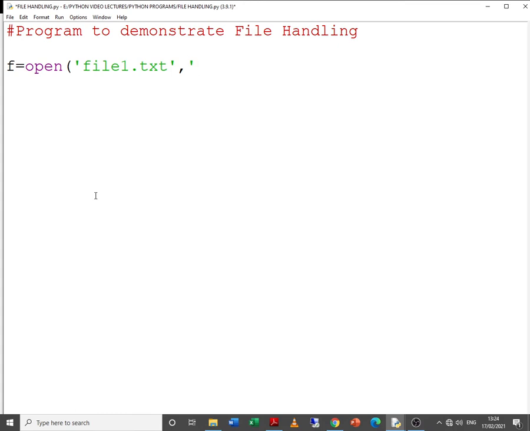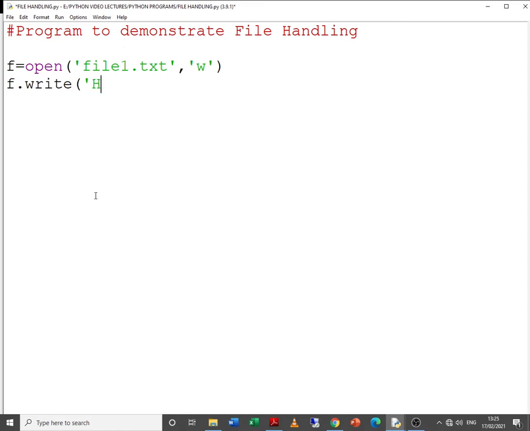At present we don't have a txt file, so let us write the data to the file first. So the file mode will be W, that is write mode. Now what we have done here, f is like a file pointer or a file handler. That means once the file is open, whatever we write will be making use of this file handler or file pointer. Once the file is open, the next task is to write the contents to the file.